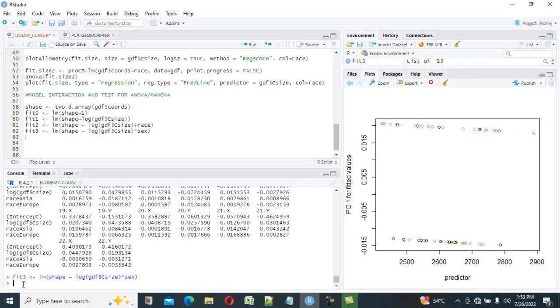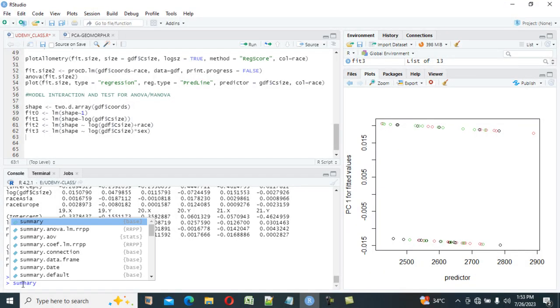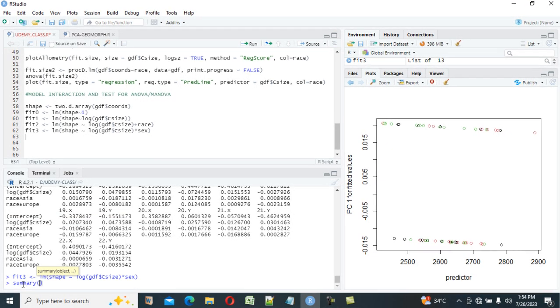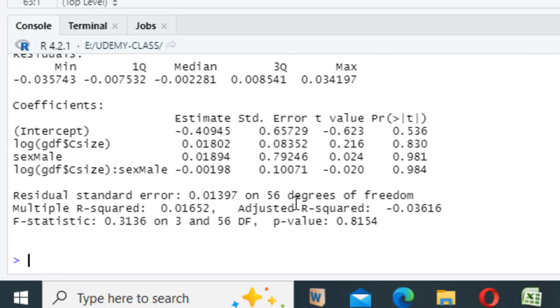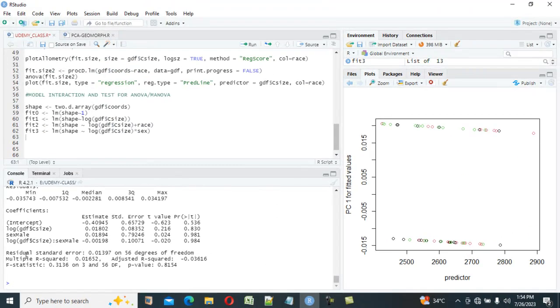So let's summarize this now. Okay, this interaction between sex and log size, error. So that's what we have here. Alright, so you can see that this is just testing for interaction between models, right? That's what we are doing, testing interaction between the models. So you can do more and improve on this actually. But let's see